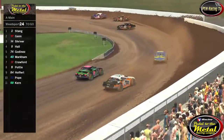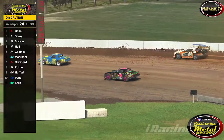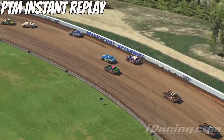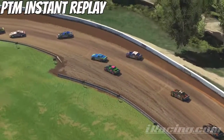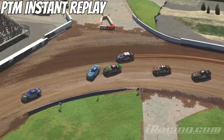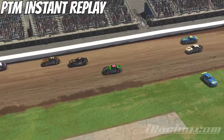Caution lights fly back on out, and this track right now is just eating drivers up left and right, to say the least. Well, take a look at this one, see what the heck happened here. This one was a bit of a mess here, unfortunately. Look, it's nearly a 3 wide slope going into the corner, and that's not something you do around at turn 1 and 3 and 4, by the way. Just a little slight drift up there. The 5 trying to back it off, back it down, not spin the Pope, but the Pope